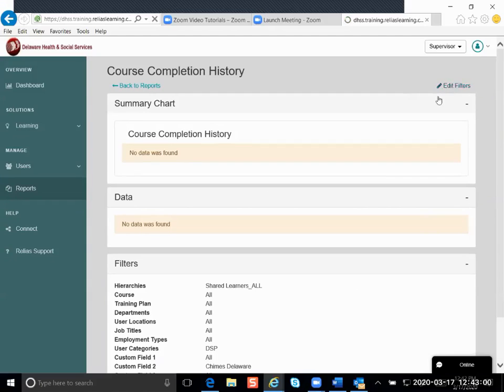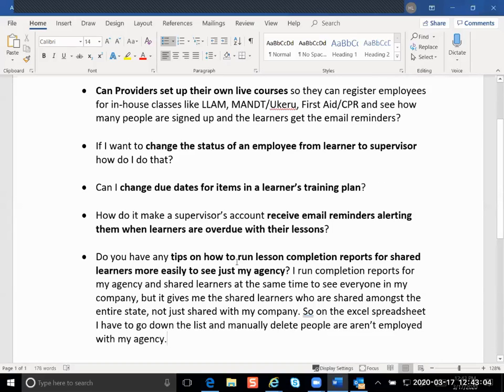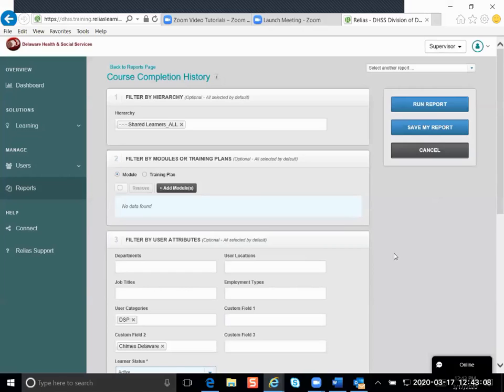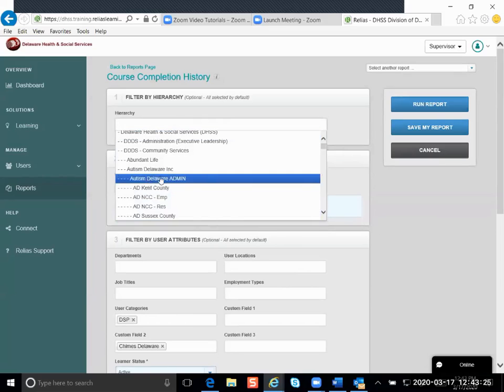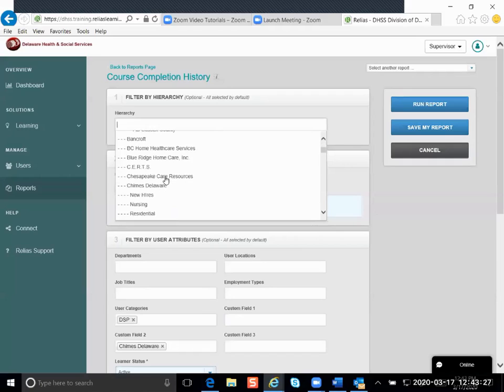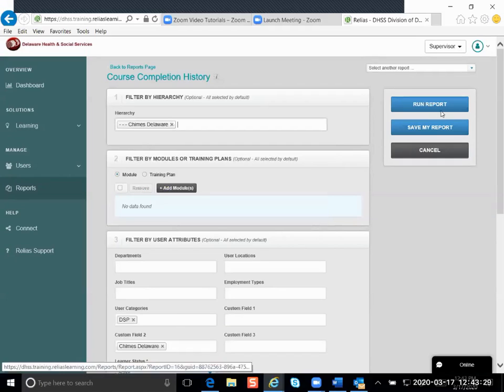All right, so I'm going to have to mess around with the reports. We're looking at how to use the fields that we have available. I thought that was our solution, but apparently it's not, so we're going to have to think about shared learners some more. But yeah, there's no reason why you can't go in and run a shared learner report and then just run an agency report and see what happens. And let me know what you think, because